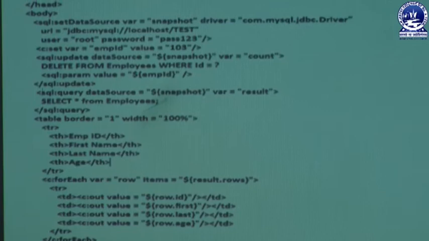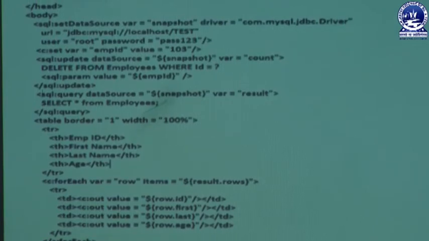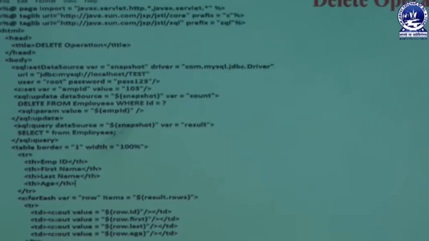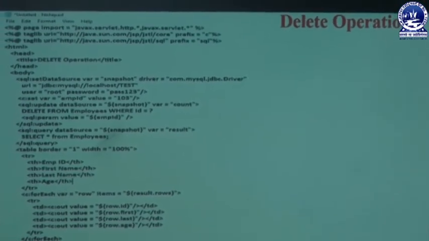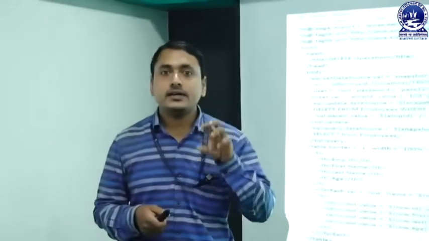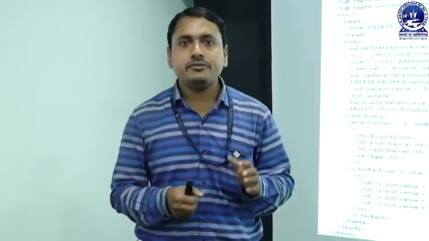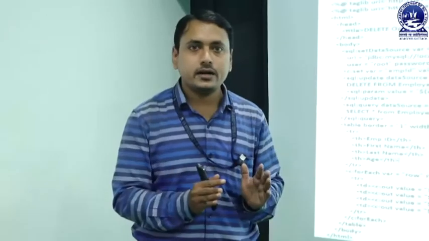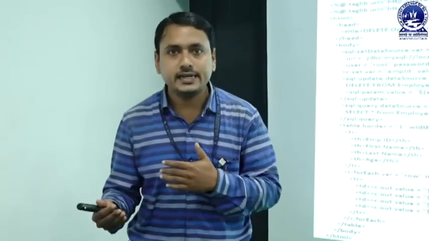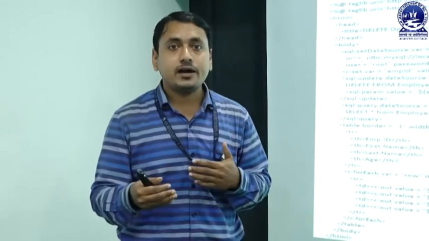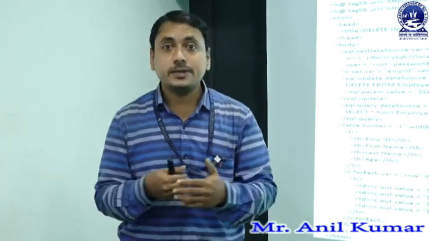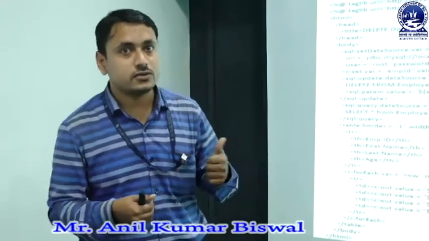Next we are learning what is the use of the delete operation in the JSP part. In this section we know that the delete command is a part of your DML part. Through that delete command we want to delete a whole record at a time, or we want to delete some data according to the user requirement. If a user wants to delete the first record, it will be deleted. If a user wants to delete the second record, it will be deleted according to the requirement of the user. This requirement must be fulfilled through some JSP commands which are written in this slide. Let us focus on it.